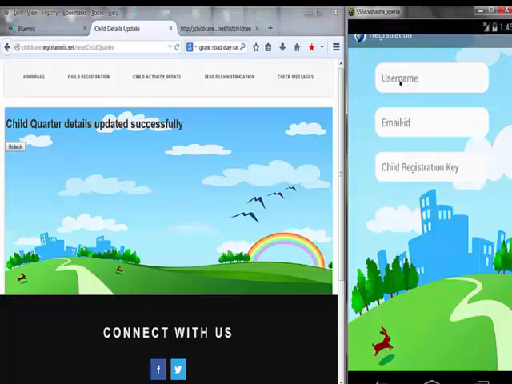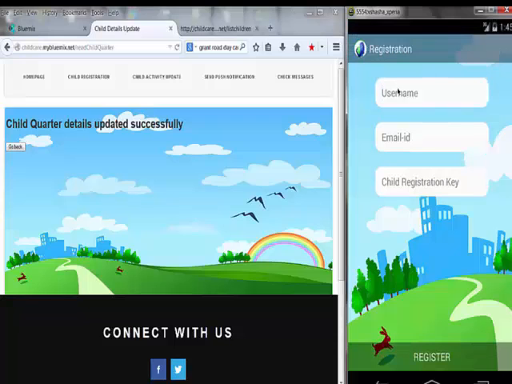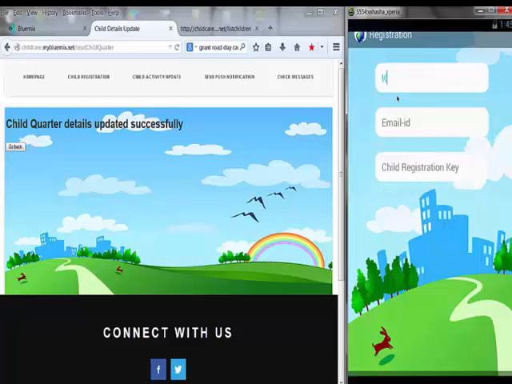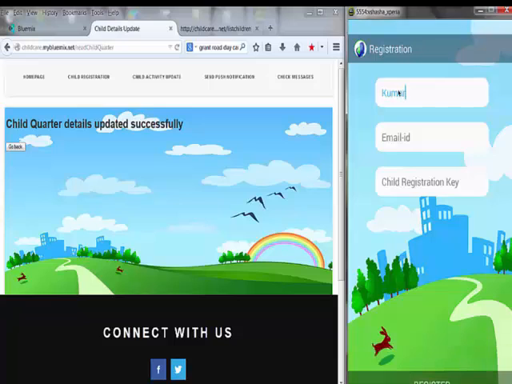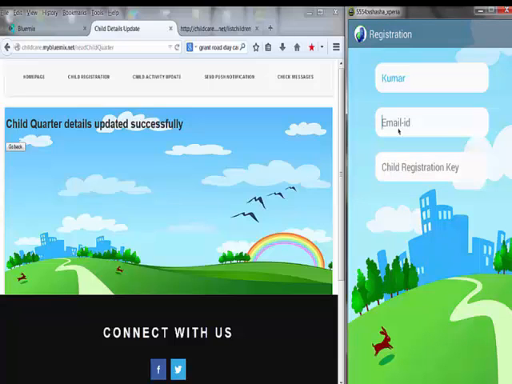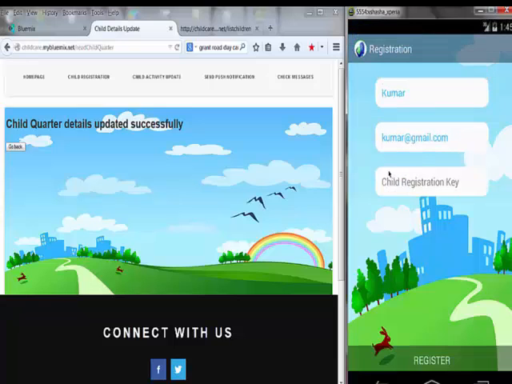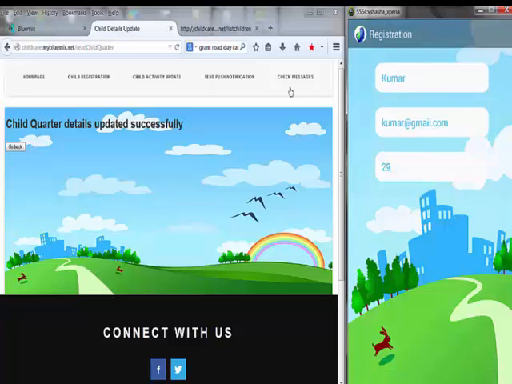Now we are going to enter username in the Android application. Username is Kumar and then his email ID and then the child registration key, that is 29. So let us confirm whether it is 29.